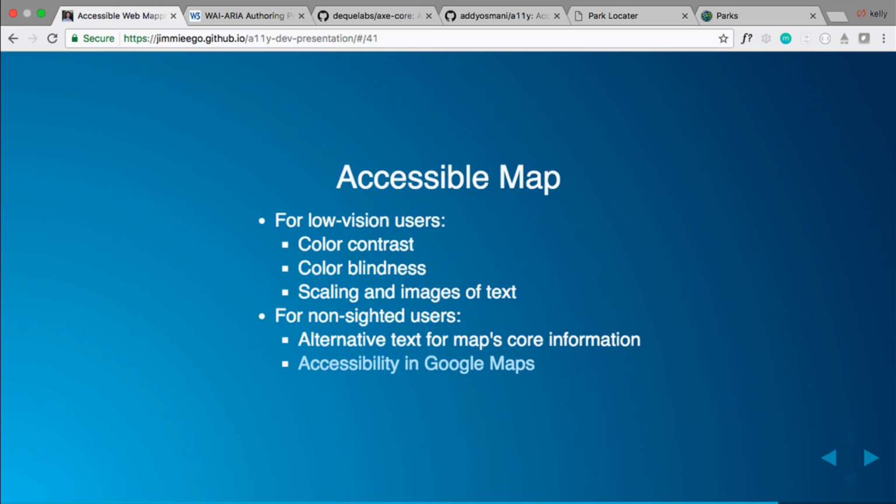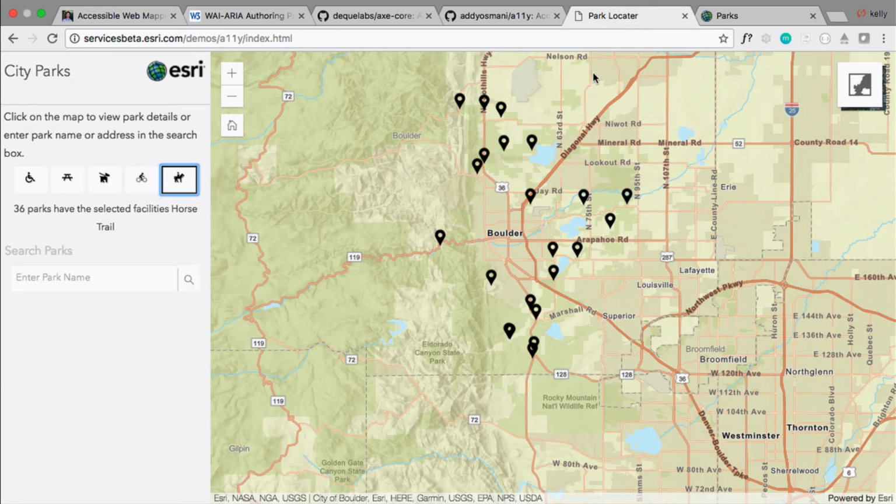The next thing we want to talk about is the accessible map. So this is tricky, right? A map has all these features on it. How do we make these maps accessible? I don't know that we have a super great answer, but there are some techniques you can use. The first thing I think is to try and remember that the map contents need to be perceivable and understandable too. So we have our park locator app, where we created this symbology and these black shapes,